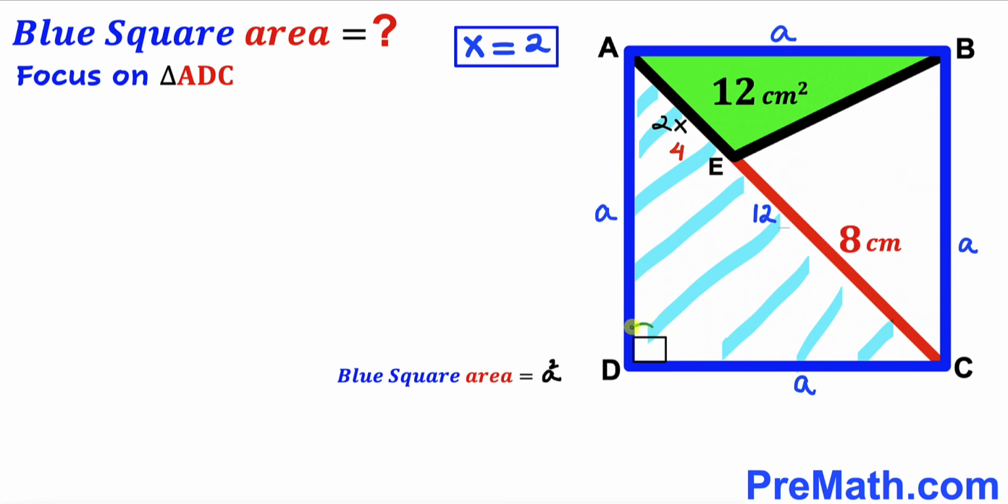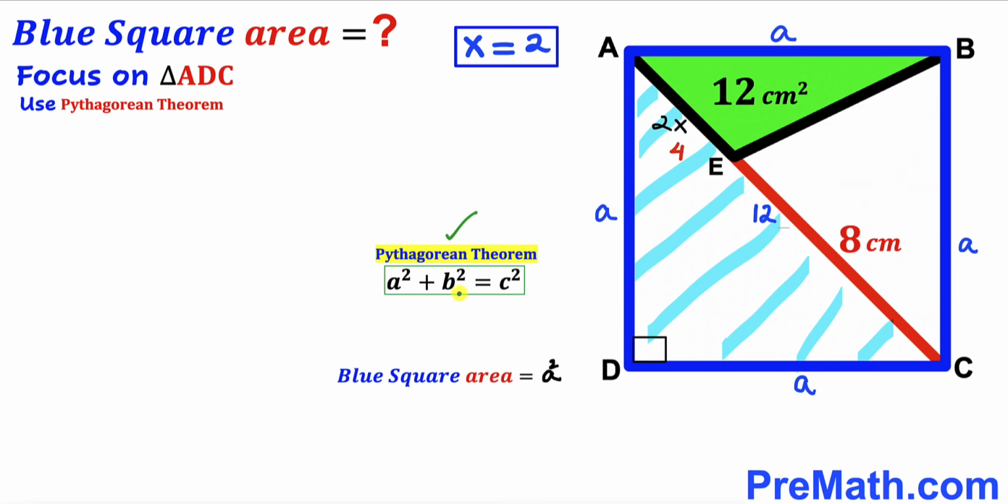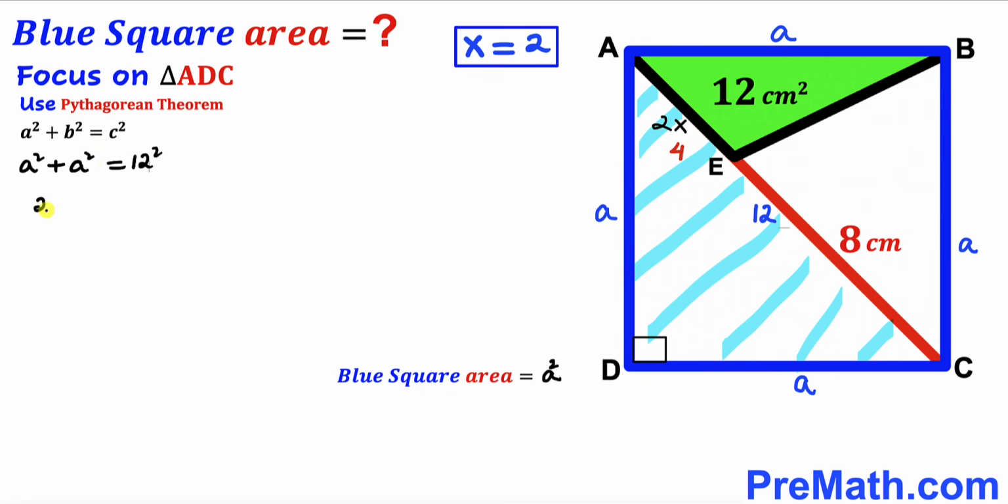Now we are going to focus on this right triangle ADC. Bear in mind that this angle is our 90 degrees angle, since we are dealing with this blue square. We are going to apply the Pythagorean theorem on this triangle. Here's our Pythagorean theorem: a square plus b square equal to c square. In our case, our hypotenuse is 12, whereas our two other legs are lowercase a and lowercase a as well. Let's go ahead and fill in the blanks in this Pythagorean formula. So we got a square plus a square equals 12 square. So we end up with 2 times a square equals